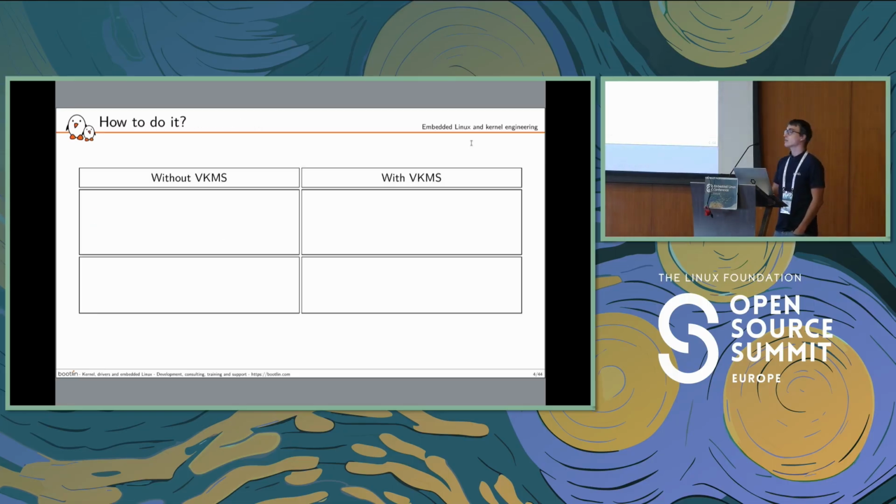So how can we do it? If we take the path without any emulation, you will have to buy some boards, set up the boards, debug stuff, and go back to step one because a user decided to use another laptop, another computer, and another graphic card, and so on. So it can become expensive and very annoying to do with a lot of physical manipulation. With VKMS, what you can do is just start a virtual machine, set some VKMS configuration, and debug what is